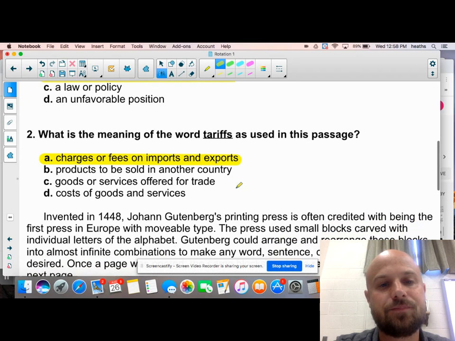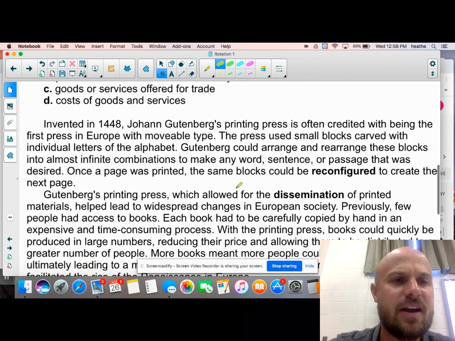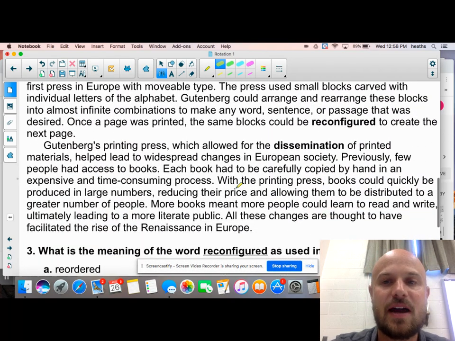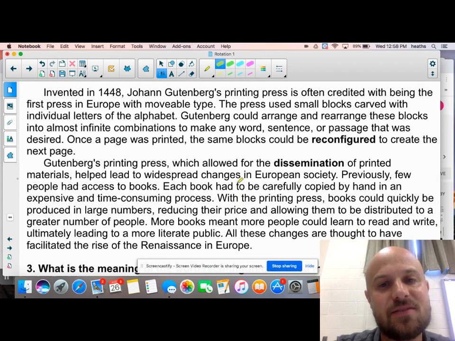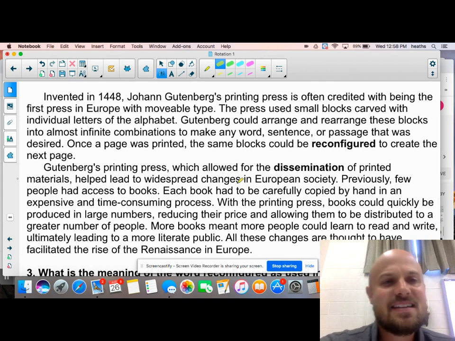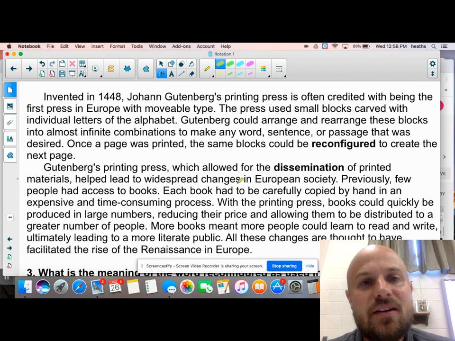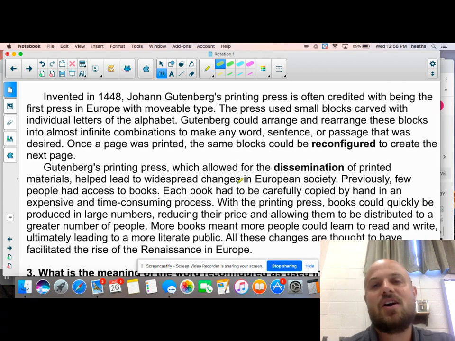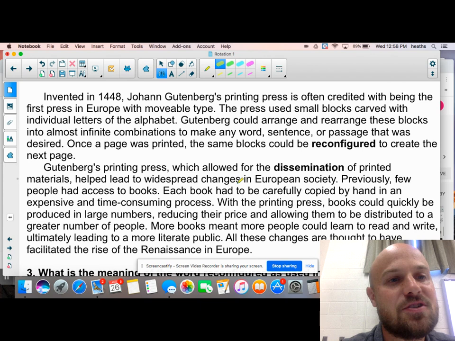Okay? A little bit more reading here. We have, actually, it's 2 paragraphs, 1 bold word in each paragraph. So I'm going to read all of those, and then we'll go back and see if we can't find those context clues. So, invented in 1448, Johann Gutenberg's printing press is often credited with being the first press in Europe